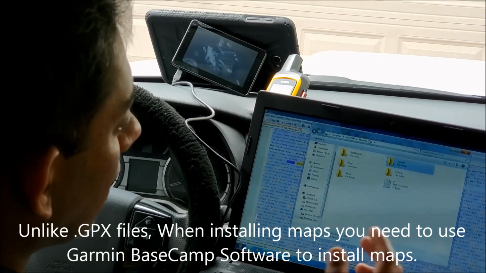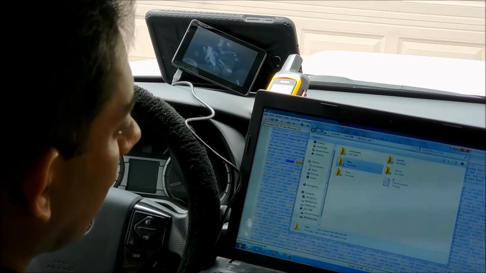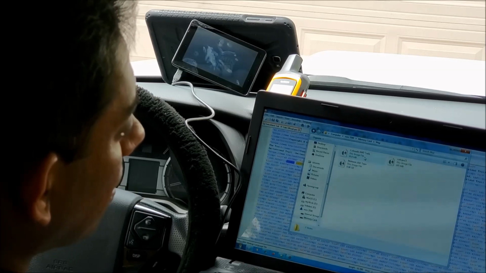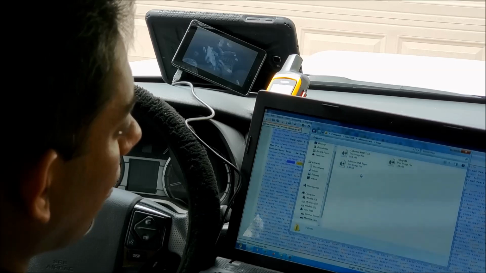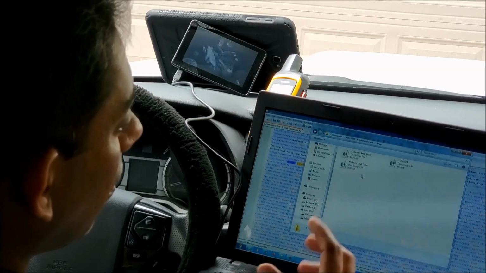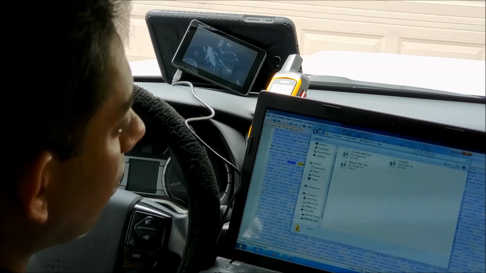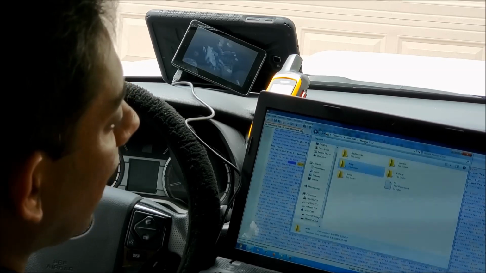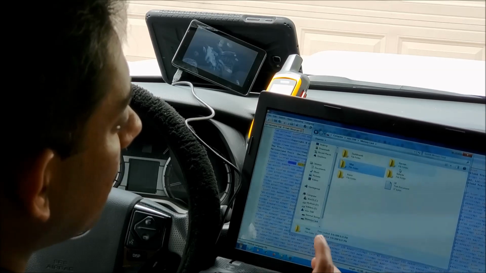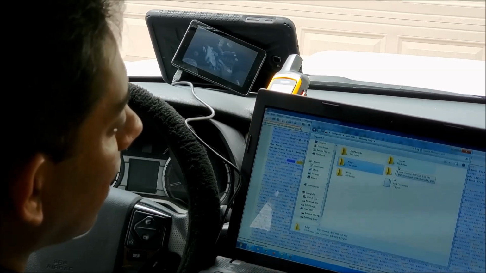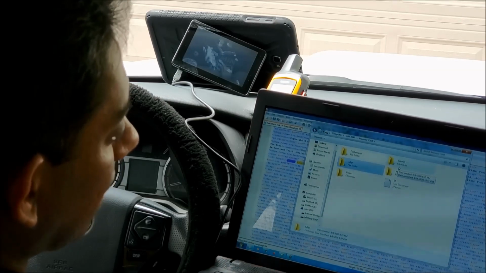You can use the memory card, and you can install the maps right here, so you can have your topo maps and all those other maps on your memory card. But for now, let me show you how I am going to open that GPX file in my Garmin GPS.